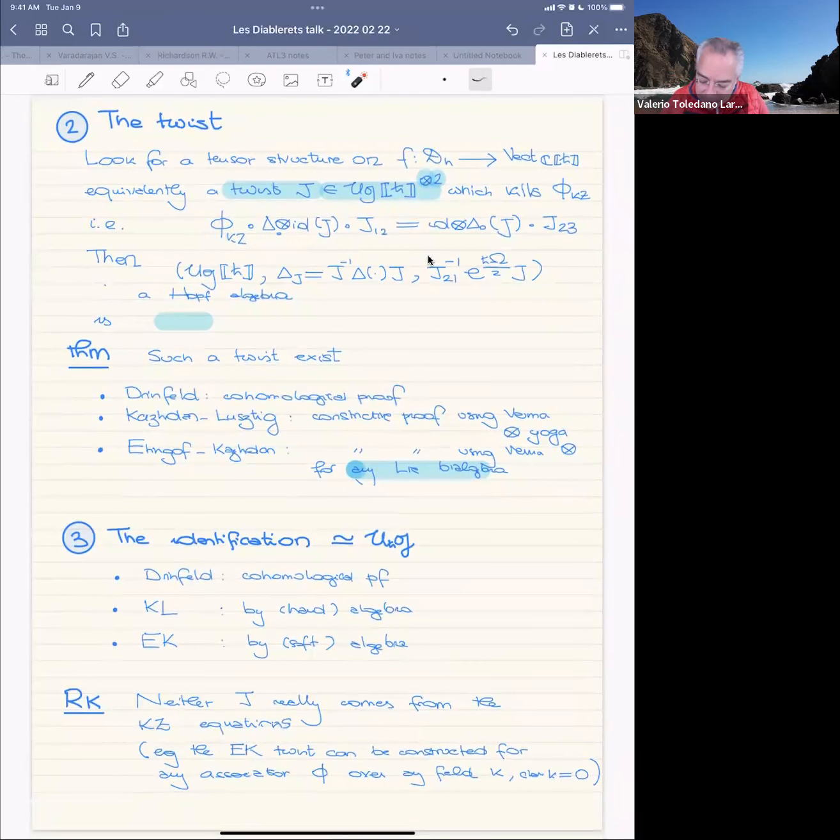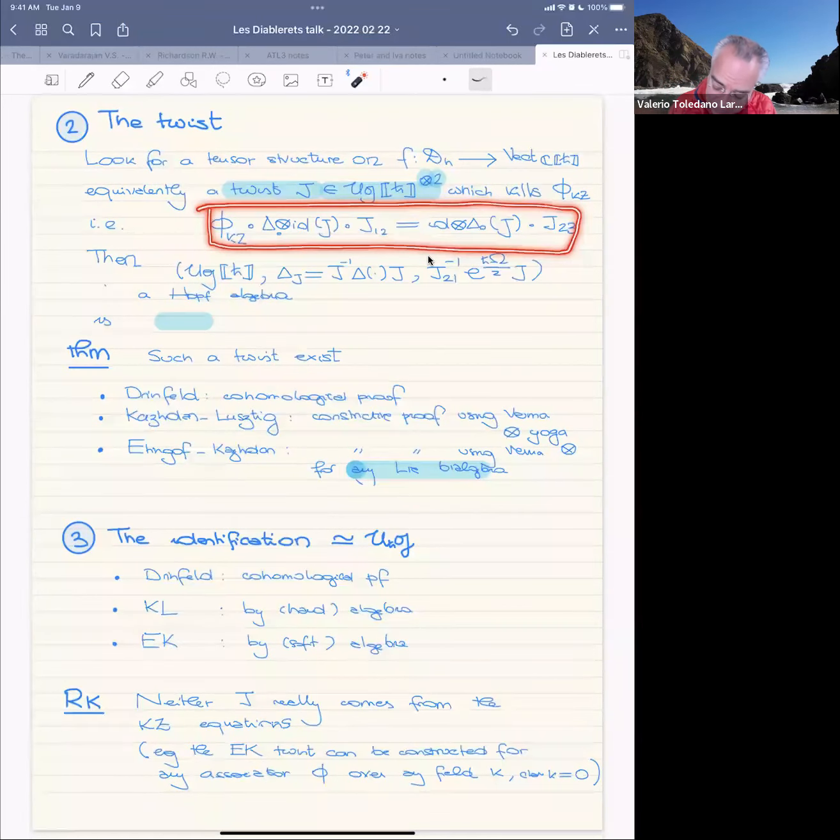Equivalently, in algebraic terms, this means that you look for a twist, that's an element in the second tensor power of G, which kills this associator. So killing this associator is this identity here. I'm not going to spend too much time on it, but what this identity implies is that if I